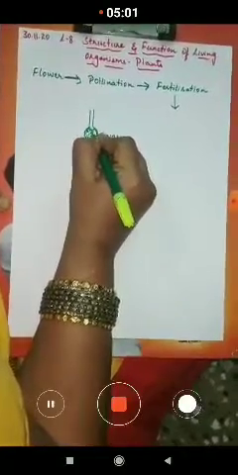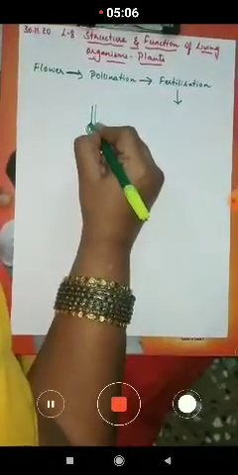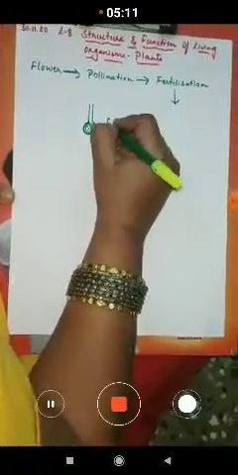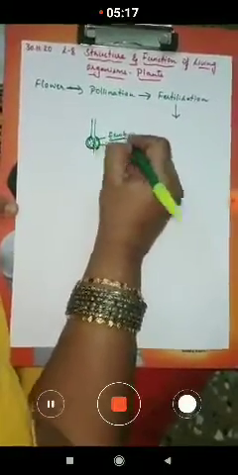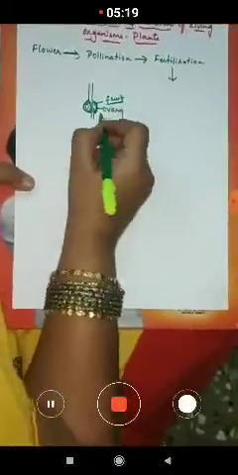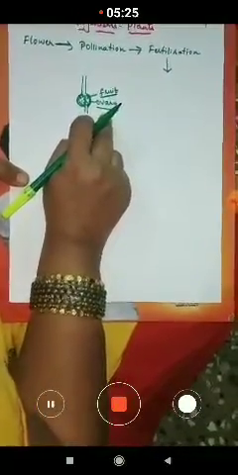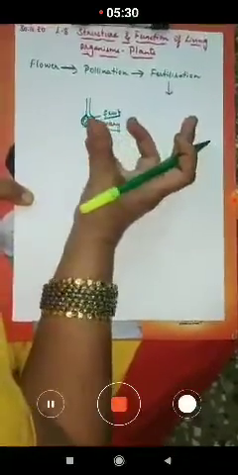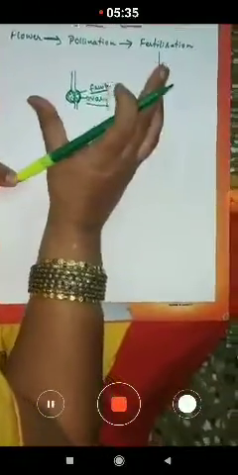Yes. When the fertilization takes place, the ovary, which is the outer part, changes into a fruit. So what is a fruit, children? How can we define the fruit? A fruit is defined as a mature or ripened ovary. When the fertilization takes place, the ovary is ripened and it is called a fruit.